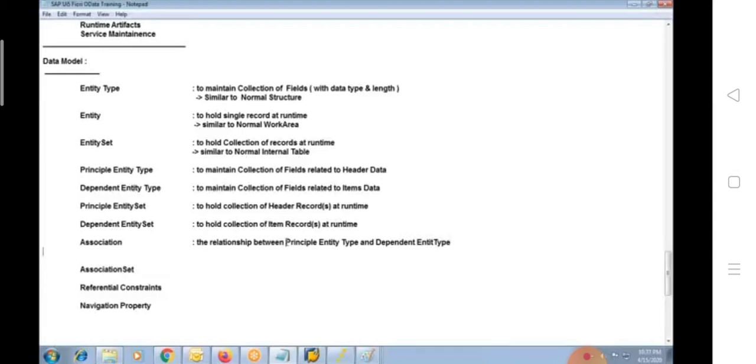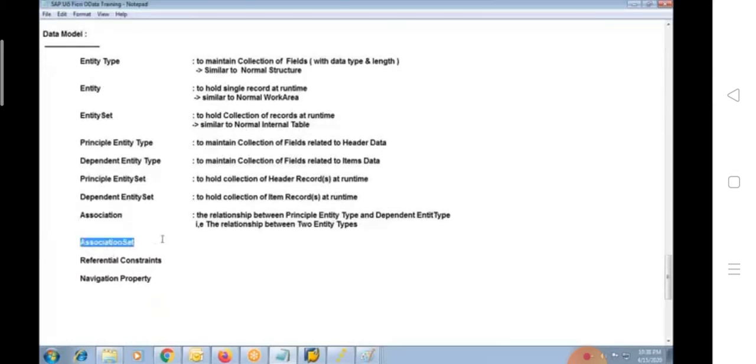So between principal entity type and dependent entity type, we can establish a relationship, and that relationship we call as association here. So that means this is the relationship between two entity types. Between two entity types, we establish a relationship through the association concept.